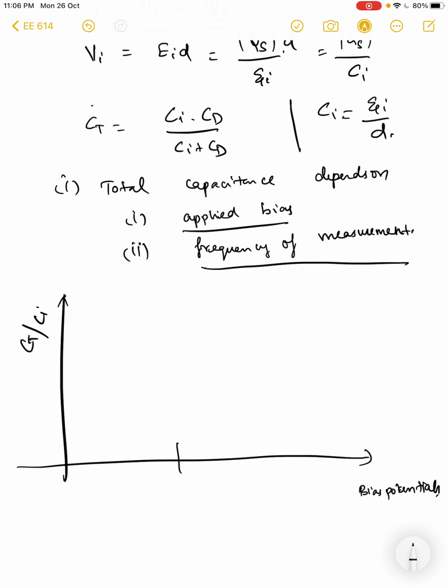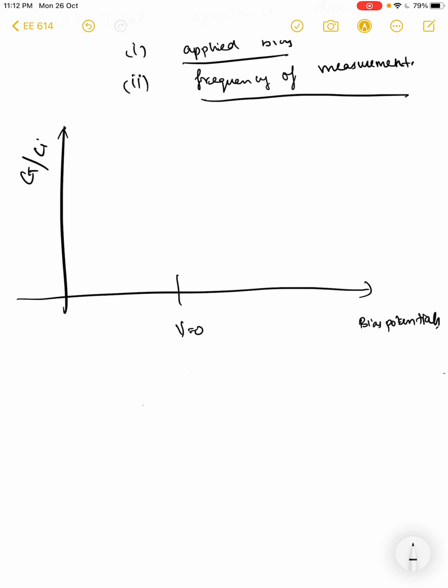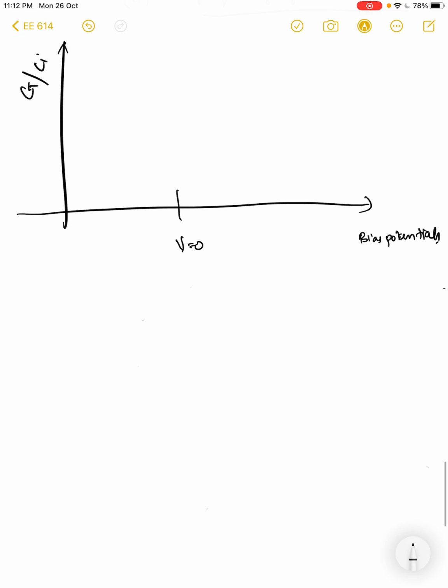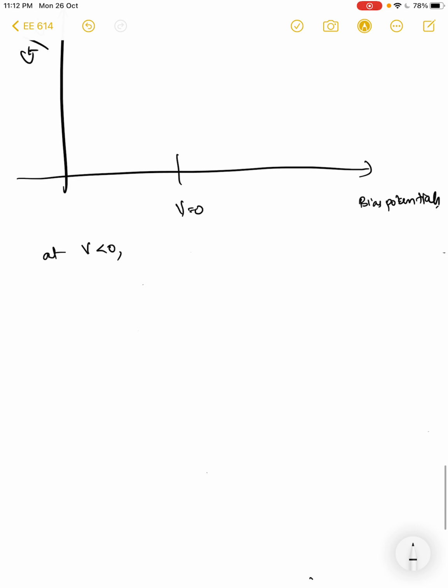And this is at V equal to 0, right? Now let us calculate the total capacitance. To do that, we have to know what the depletion capacitance is at various bias potentials. So at V lesser than 0, let's see what the depletion capacitance Cd is,